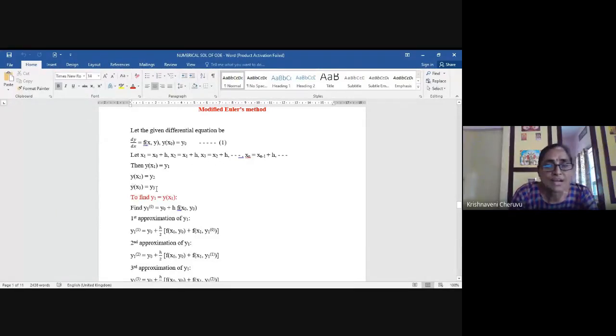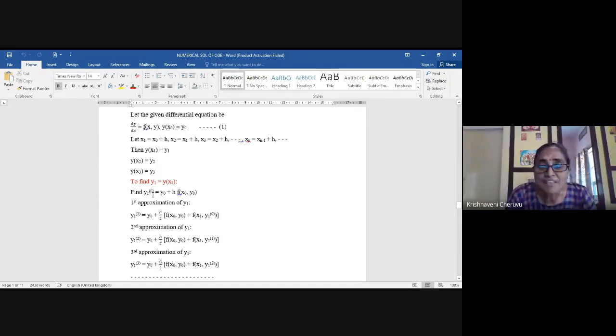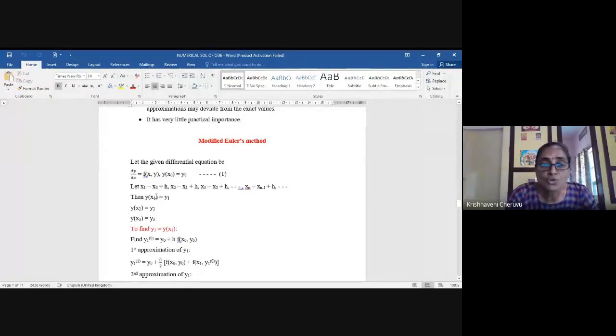And the notation again, I'm repeating: y1 is y at x1, where x1 is x0 plus h. y2 is y at x2, where x2 is x1 plus h. y3 is y at x3, where x3 is x2 plus h. You now have so many values of x, and your aim is to find y1, y2, y3. As I said earlier, Euler's method is a one step process. From y0 directly you get y1, from y1 directly you get y2, from y2 you get y3 in a step.